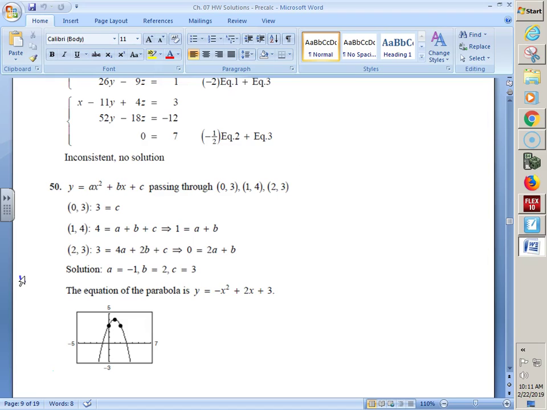The x's and y's actually got plugged in, so what you got were a's and b's and c's. Still a system of equations, just your letters were different. You could have tried to make a system of 3 equations and solved the long way. But if you noticed, plugging in this point actually got you c. So, like what Joe said earlier, if you already have c, plug it into both and be like, yay, it's easy. And then finish. Once you got a, b, and c, it was your parabola, and all they were asking is if the answer